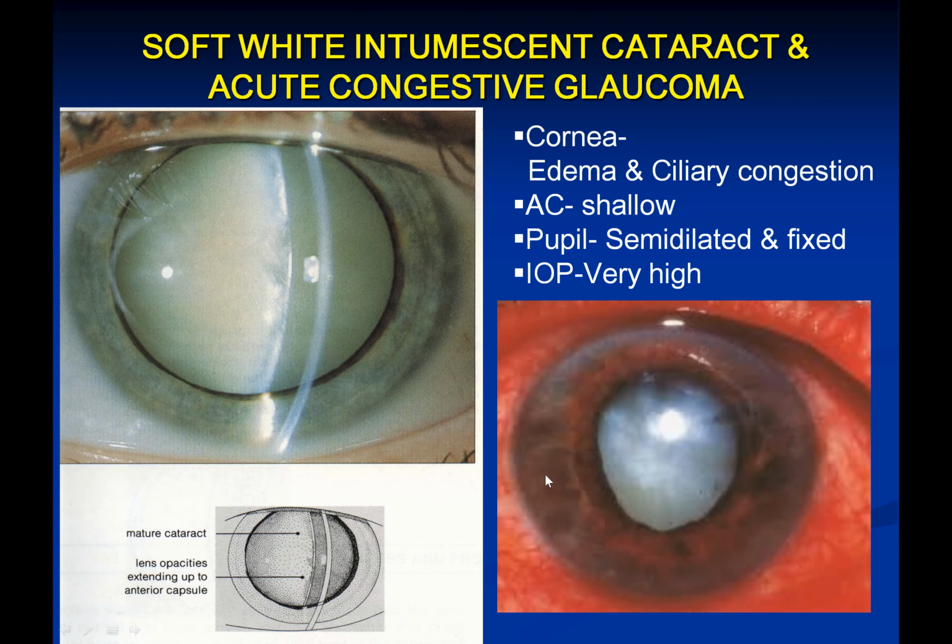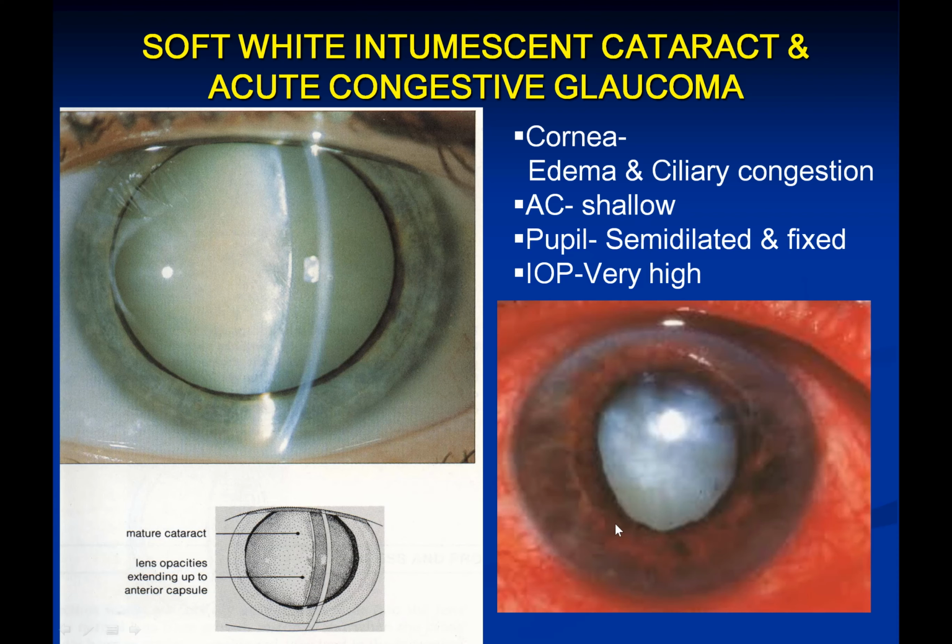So it causes a total occlusion of the angle of the anterior chamber, and there is total blockage of drainage of aqueous. It will lead to progressively rising intraocular pressure, resulting in acute congestive glaucoma secondary to intumescent cataract, also known as phacomorphic glaucoma, because it is due to change in morphology of the lens, swelling of the lens. Clinically, how will you see it? You see corneal edema, as you see here. Cornea is not that clear, a bit hazy in all these areas. Intense ciliary congestion, typical red eye, which I told you in the DD of circumcorneal congestion or ciliary congestion.